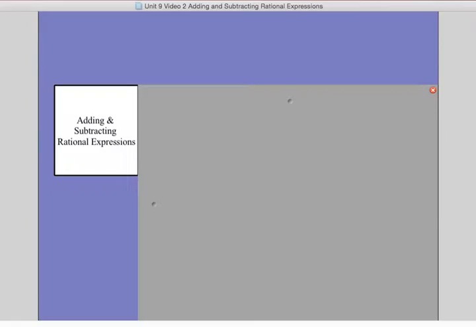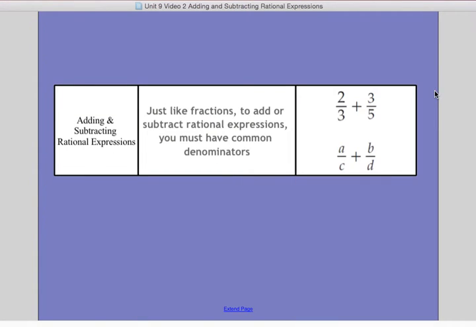Okay, so adding and subtracting rational expressions. Just like fractions, to add or subtract rational expressions, you must have common denominators. Biggest thing is getting those common denominators. Okay, so I have 2 little examples here just so we can remember how to do these as well. If I look at this one, I have 3 and 5. What is their least common multiple? Well, 3